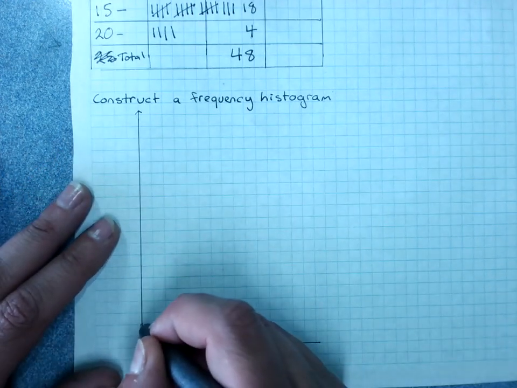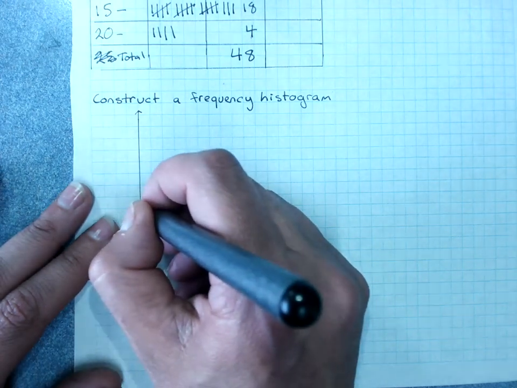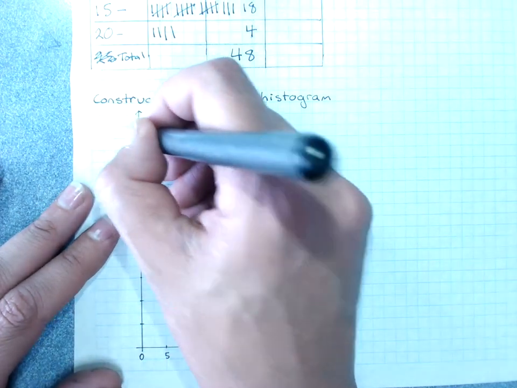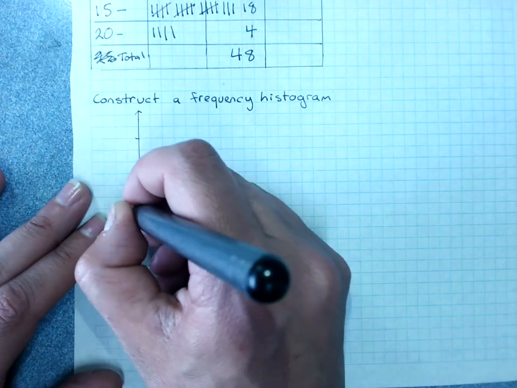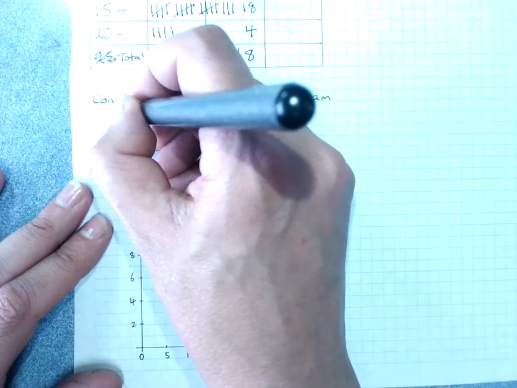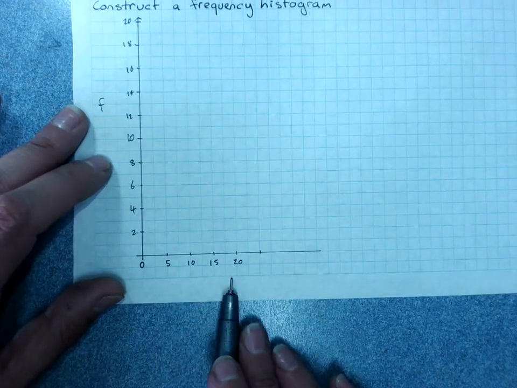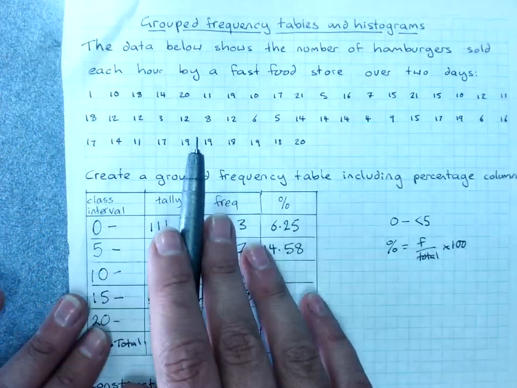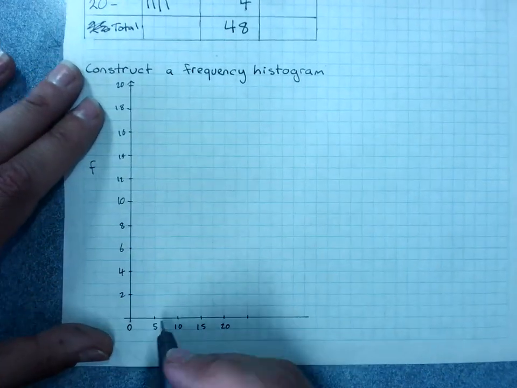Our frequency goes up here. We label this, and since we know what it is, number of hamburgers sold in an hour,